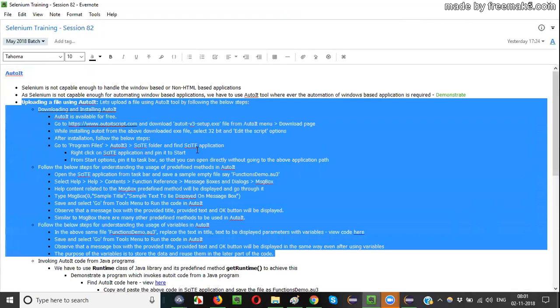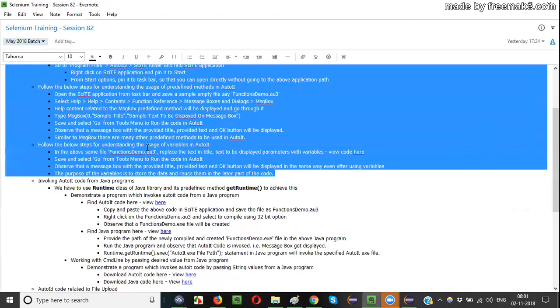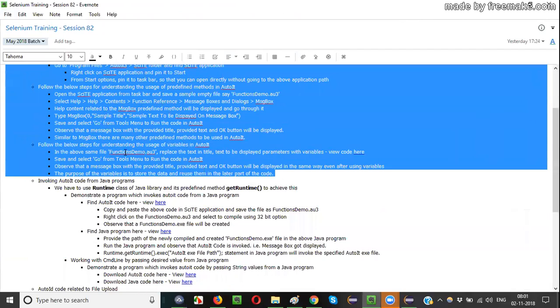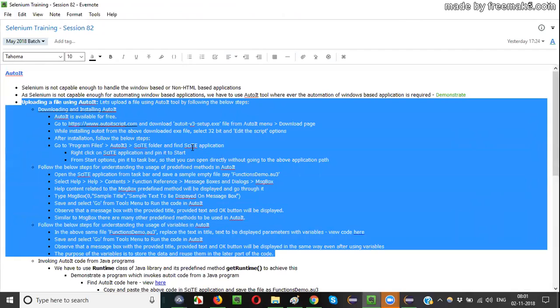Then we launched the SciTE application, where we have written some AutoIT script, where I demonstrated how to use the predefined methods in AutoIT, and afterwards I explained how to create variables in AutoIT. Till that we were able to do things with the help of AutoIT only.